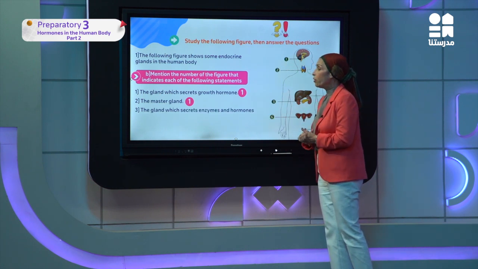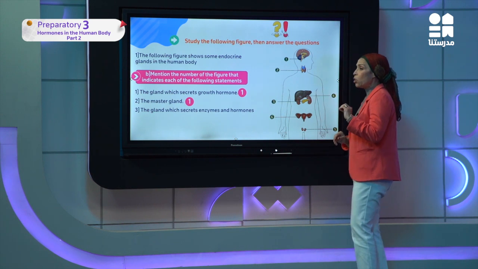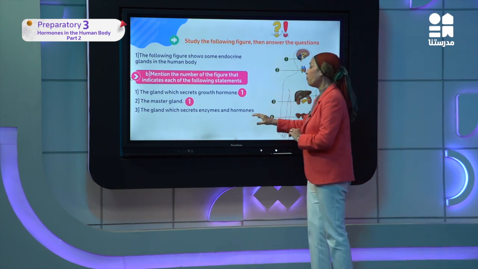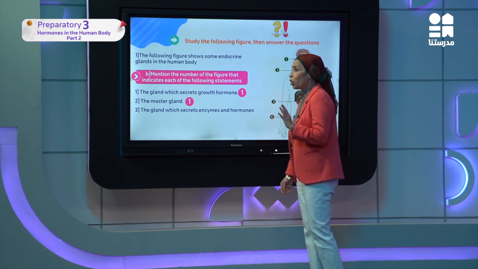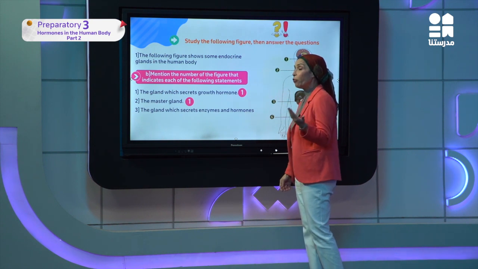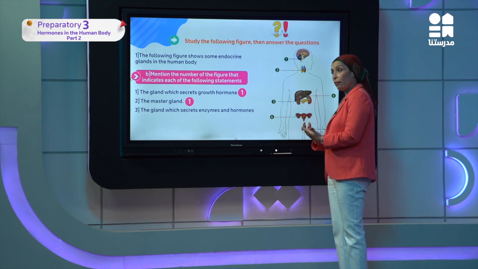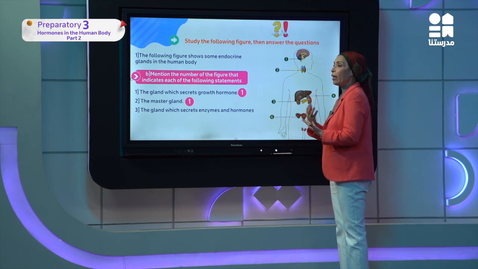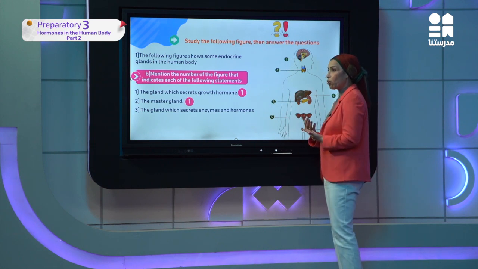The statement number 3. The gland which secrete enzymes and hormones. طيب احنا عارفين hormones. طب what about enzymes دي؟ طب كلمة enzymes دي it's not a new word for us. احنا third prep you know the meaning of enzymes. We took it in the first unit. Enzymes دي chemicals that secretes in the body that برضو بتactivate ال chemical processes, ال chemical reactions as we took